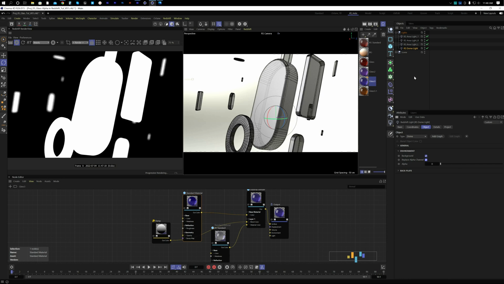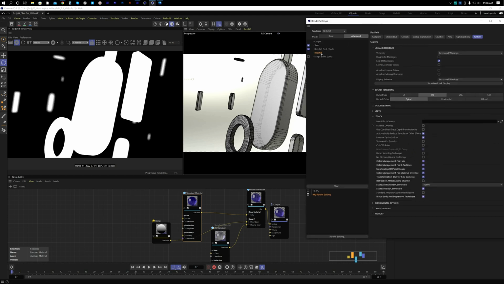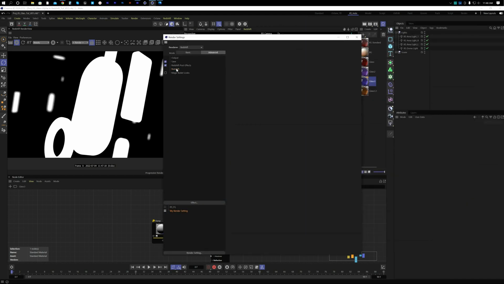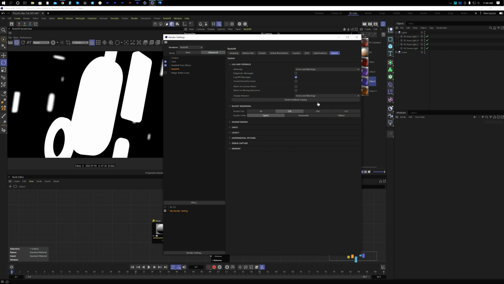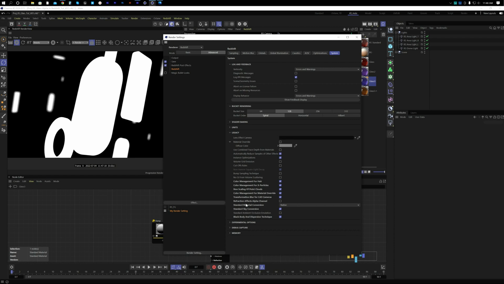For that, you have to go to the render settings, and in Redshift, normally it will be like this. At the bottom you have to go to the System, and when you go to the System it will be like this. And if we click Legacy, then you will see a refraction effects alpha channel. So you have to click this one. When you click this one, now you will see the changes here. See, now we are getting